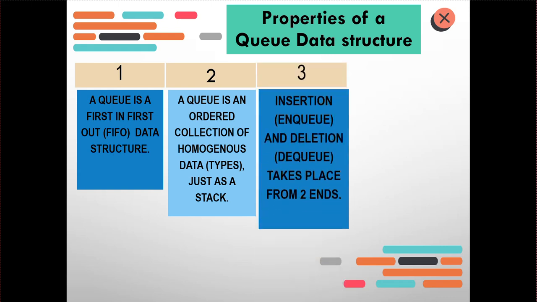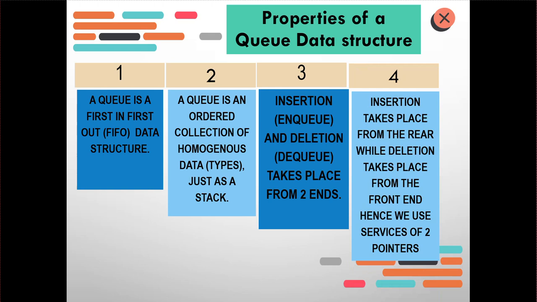Insertion, which is known as enqueue, and deletion, which is known as dequeue, take place from two ends. Insertion takes place from the rear end, while deletion takes place from the front end. Hence we use two pointers, front and rear. Front keeps track of the front element, while rear keeps track of the rearmost element. This is again against the working of a stack, wherein we have only one end